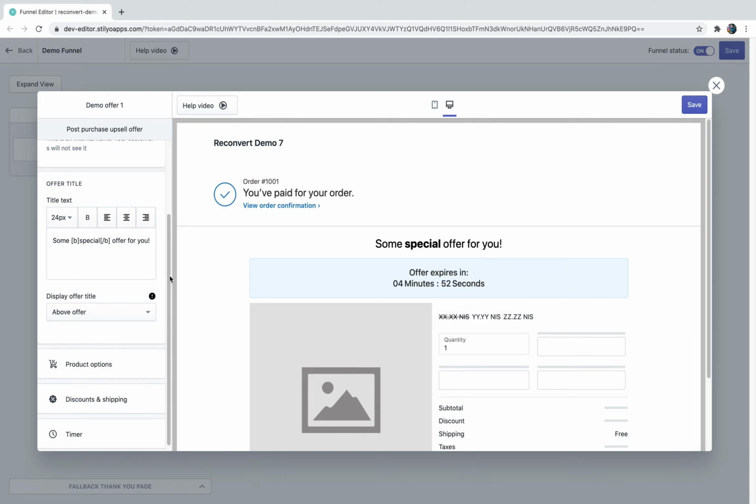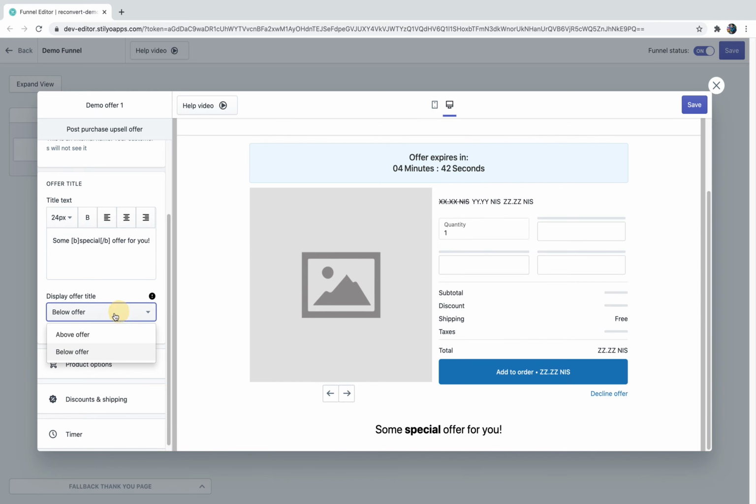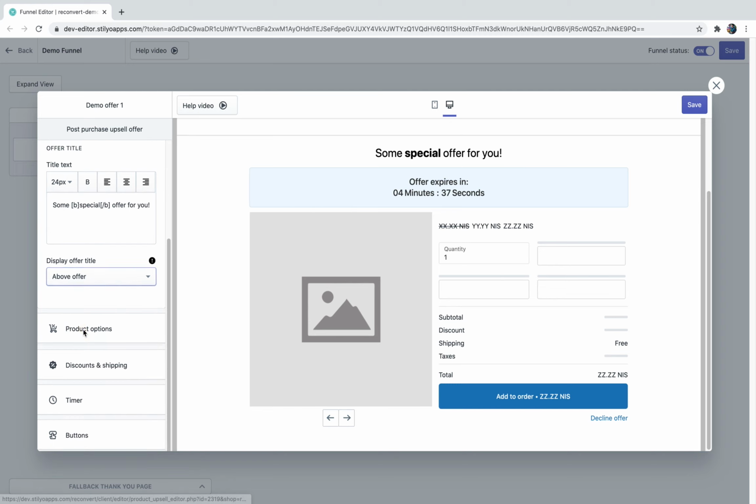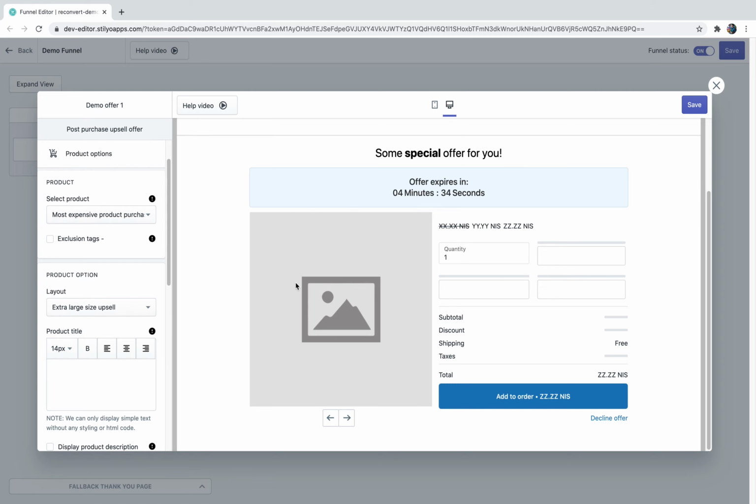The next step would be to decide whether to display the title above or below the offer. I'm just going to keep it above for the sake of the example. Moving on to the next section, this is product options. This is where we're going to configure the actual products that are going to be displayed and all the options related to them. By default, the offer is set to display the most expensive product purchased within that order, but